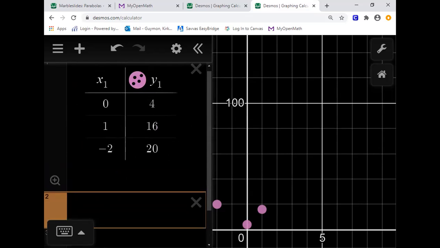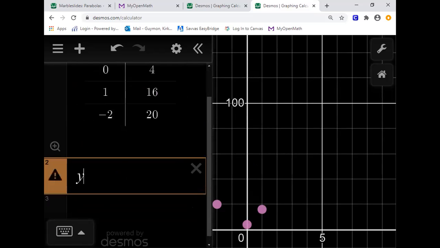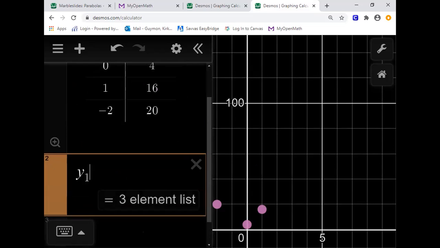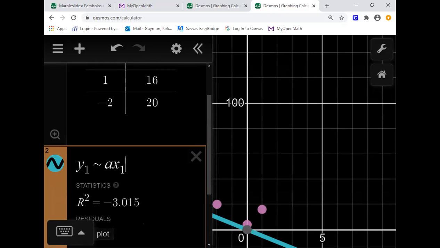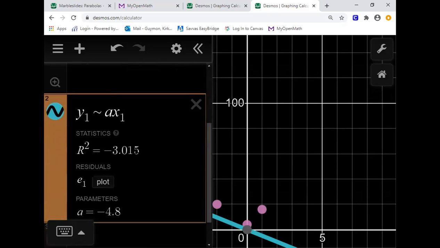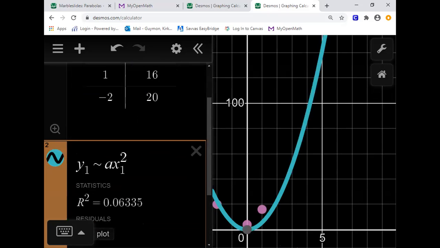Then you click down here in the next row, and in this table that was column y1 and x1. So you put your y1, and then the tilde is the shift, and it's to the left of the number 1 up on the keyboard. It's got the little backwards hyphen on it there. So y1 tilde, and how does a quadratic in standard form go? A x1, because x1 is the column up here. ax1 squared, so shift 6 to get your caret squared,